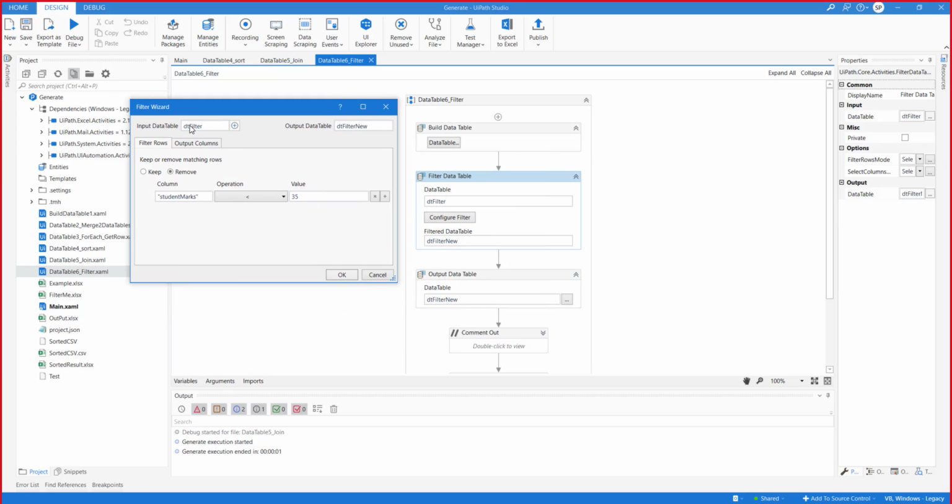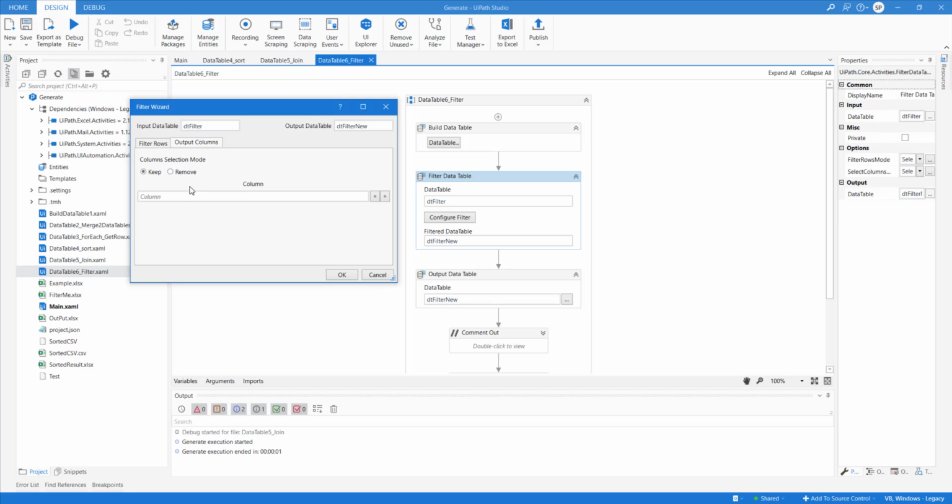configure filter, it will ask you for the input data table and output data table, and then you have to filter the rows. In filtering rows, you have two options: keep or remove the matching rows. If you want to keep them, you can keep them, or if you want to remove those rows, you can remove them. And then you have another option which contains which columns you need to keep in the output. Remember, in the last example, we had to manually remove a duplicate column. Those operations can be optimized from here, so you don't need to take care of those things.